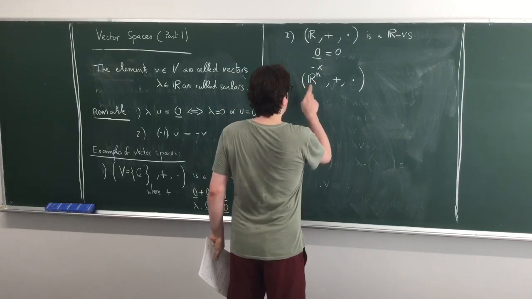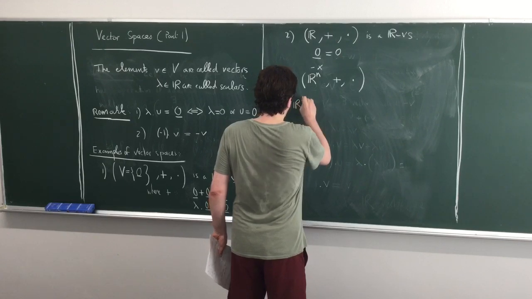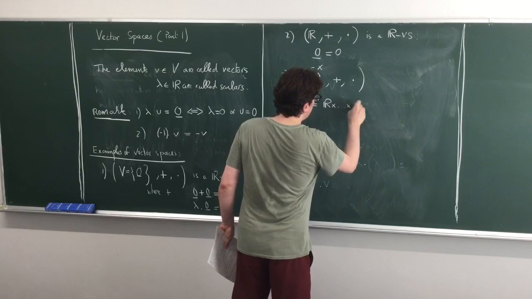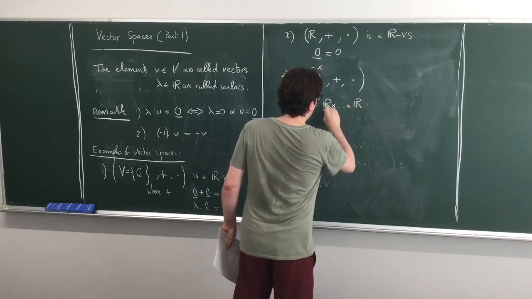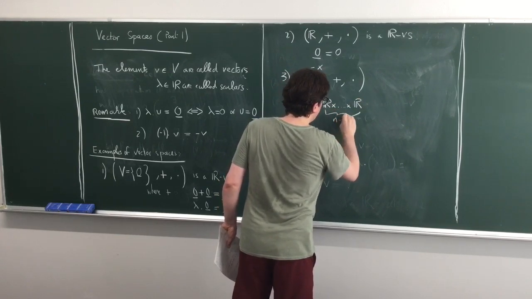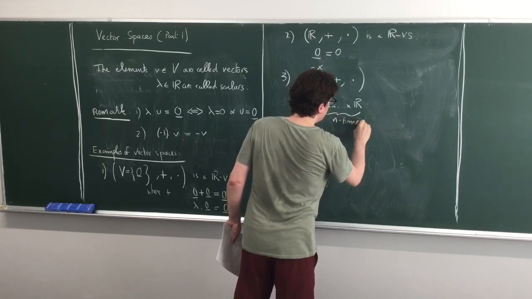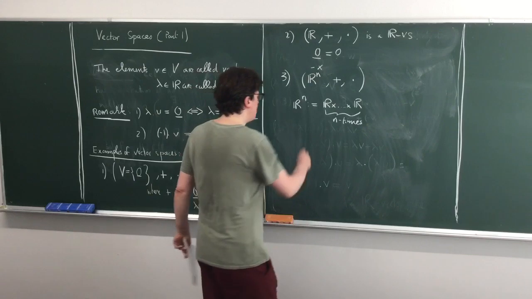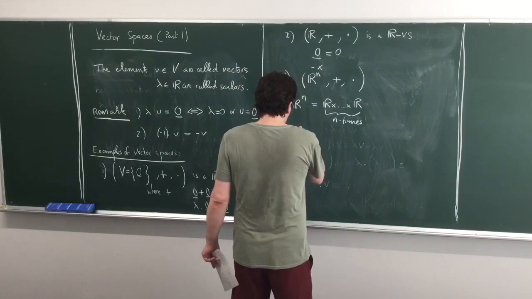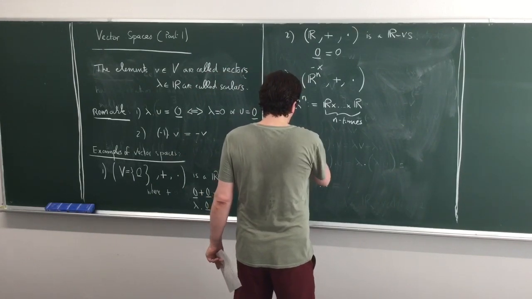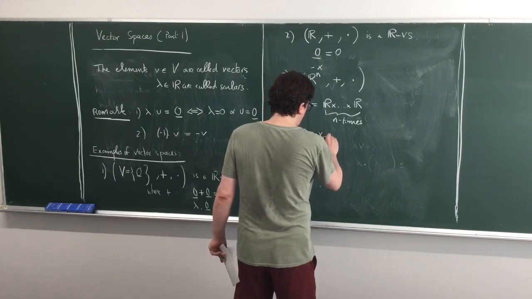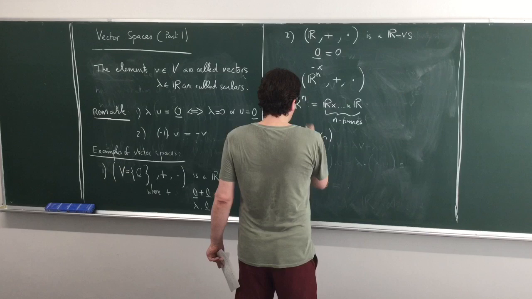This notation just means that you will take R times R times ... times R, n times. So this is a set. What are the elements of this set? Well, a typical element will be an n-tuple (x1, ..., xn). So you have n components